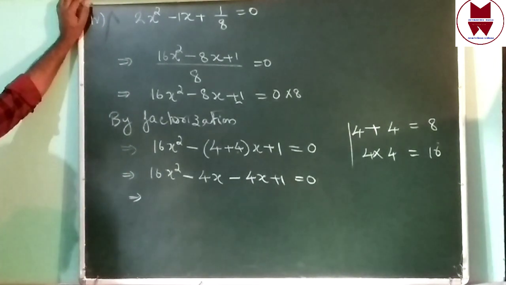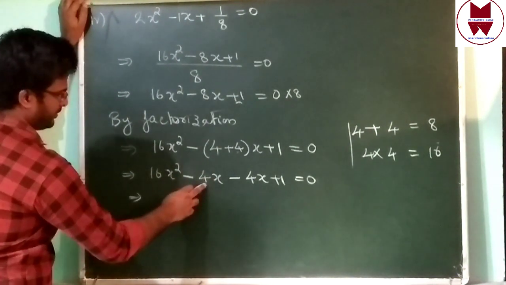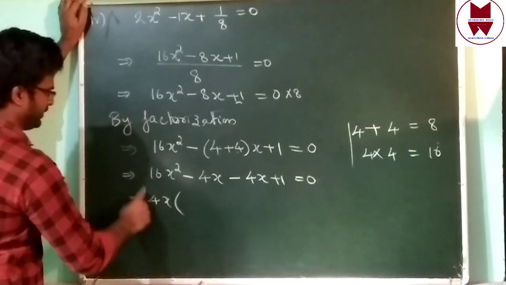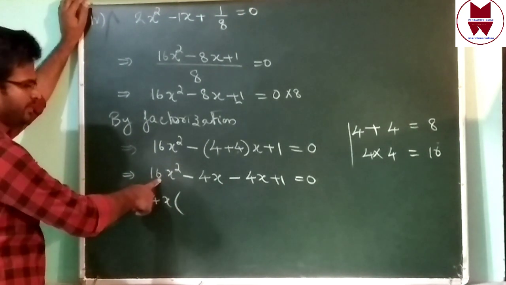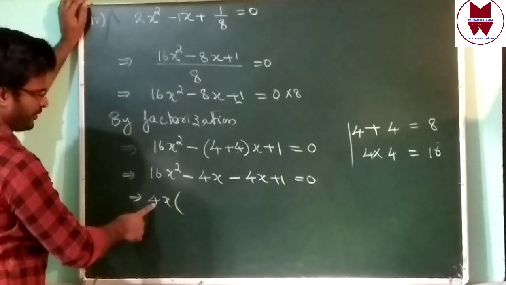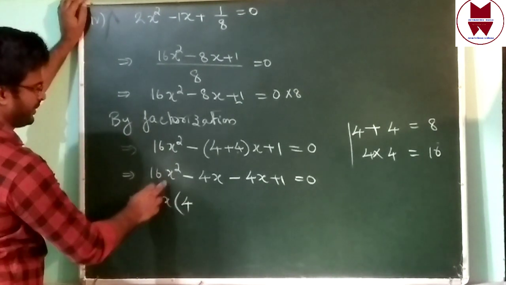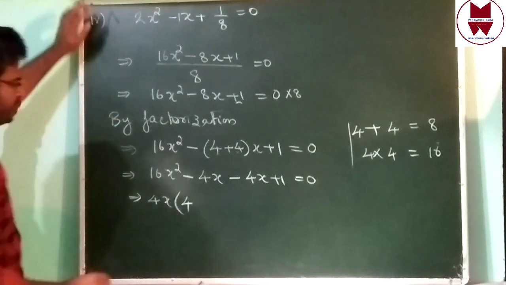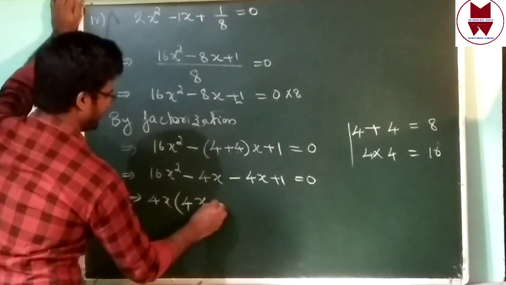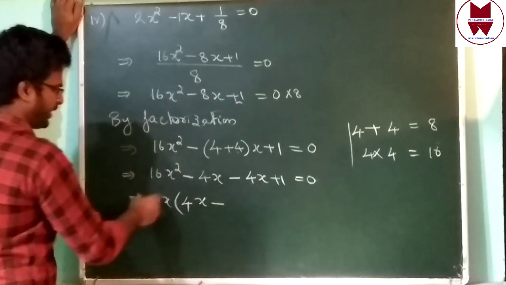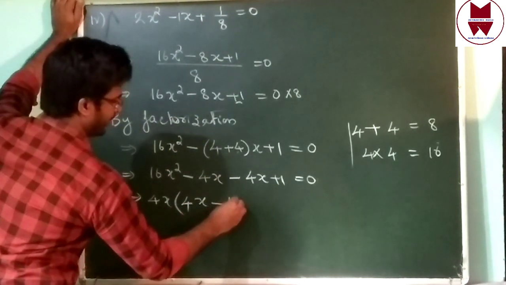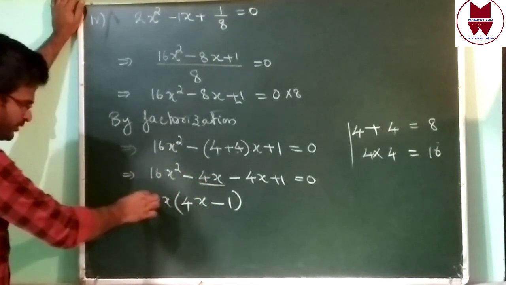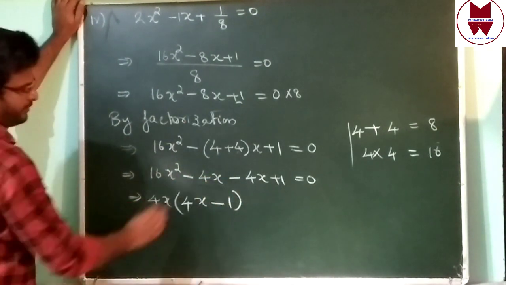In first two terms, common 4x, in here also 4x. 4x take outside. Then what is remaining? 16 means 4 into 4, isn't it? 1 4 I took outside, then remaining 4. In here x square means x into x, isn't it? 1x I already took outside, then remaining only x. Minus this 4x I took outside, then remaining 1. Don't write 0 in here. 1 is there. All the terms if you brought outside means remaining 1.